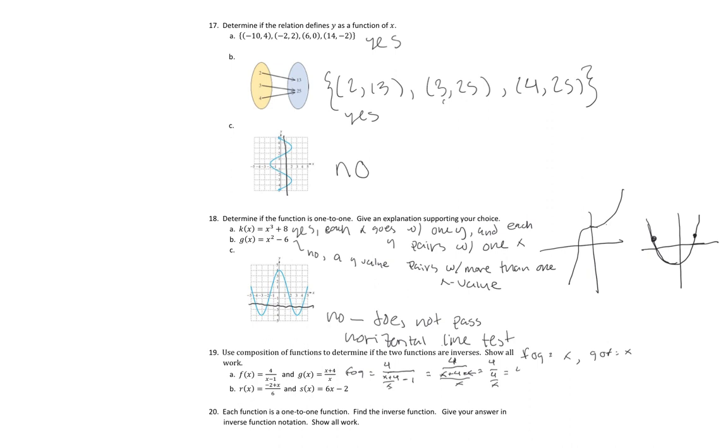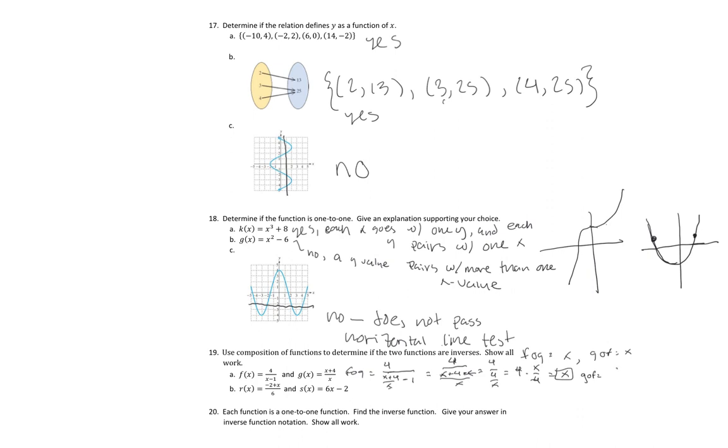So that's going to be equal to 4 times x over 4, which cancels those out and leaves us with x. So that's a good sign. And then if I just stay over here, g of f is going to equal, well, that's going to leave us with